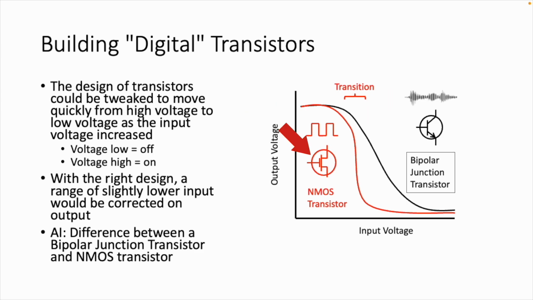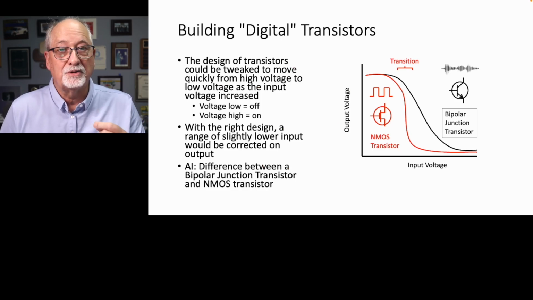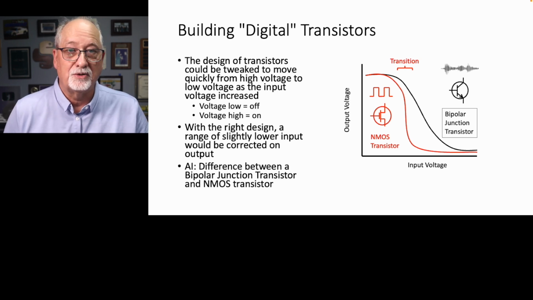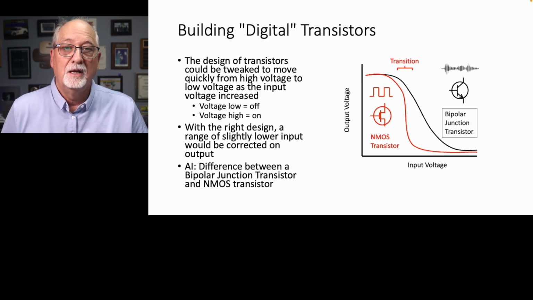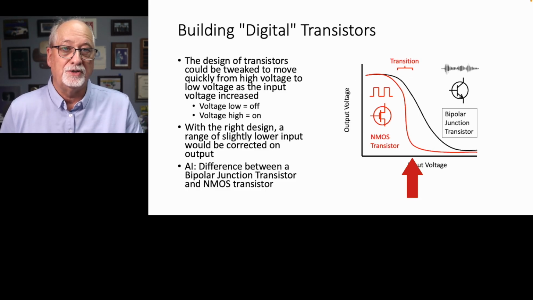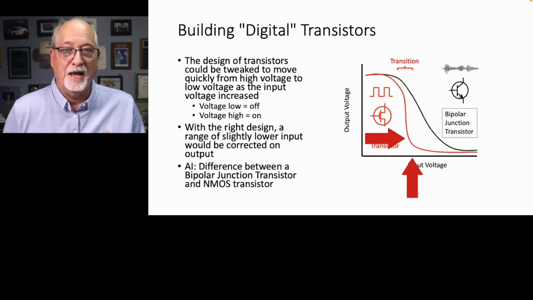But digital transistors, like digital tubes, wanted to have a shorter transition. So again, you see this. Now I'll point out that this is flipped from the tube one, because when a transistor is doing amplification, it kind of inverts it first, and that's why we had to put extra transistors in to make a real amplifier. But the picture's kind of the same. For a digital transistor, you want it to have a quick transition from high to low in terms of the output. So as the input voltage is increased, you want it high, high, high, high, then snap, low,